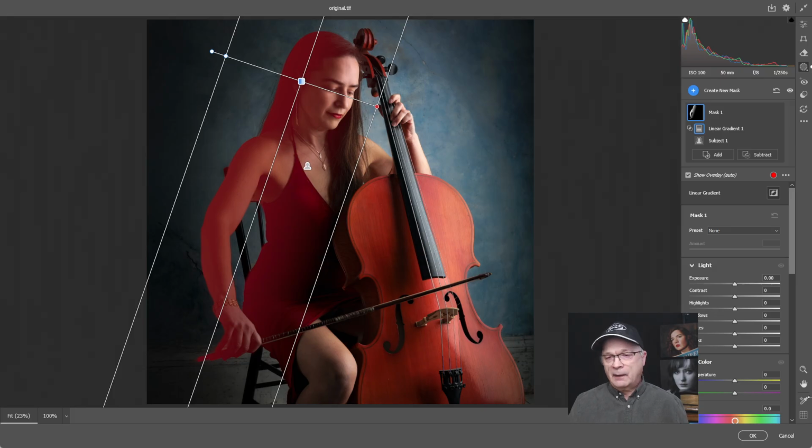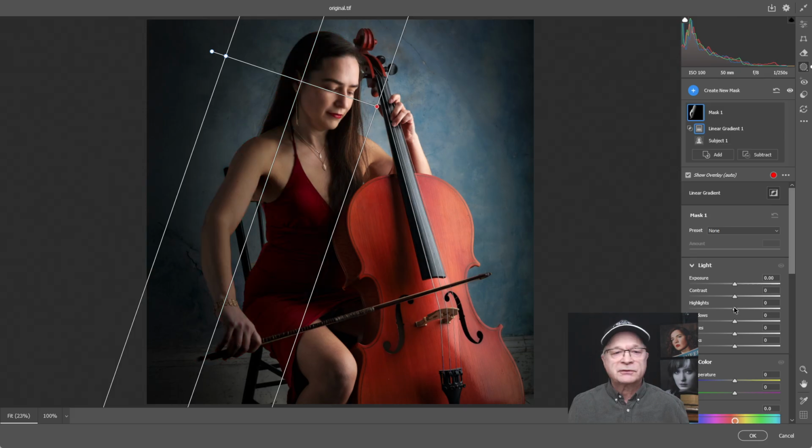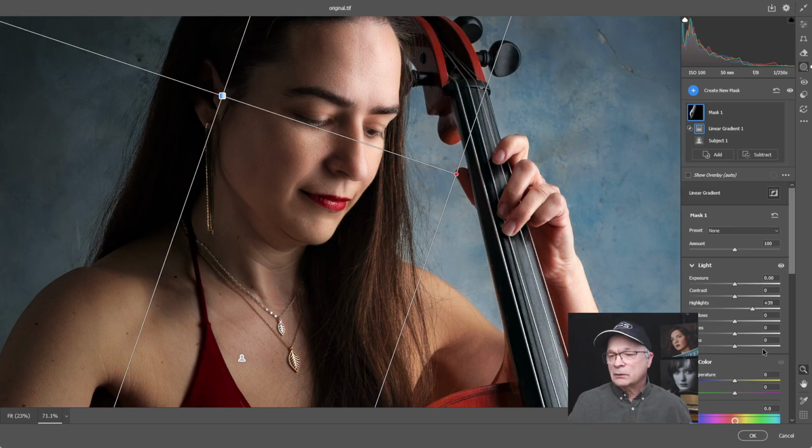So I'm going to mask that, and there's already a gradient in it. Let's go ahead and slightly increase the shadows. Bring the shadows up just a little bit. There we go. So you can see that I'm bringing that up just a bit, and it reveals her arm and hand a little bit more, as well as the side of her face right here. I'm going to zoom in on that so you can see. If I take that back to 0, it's just giving us a little bit more spread there.